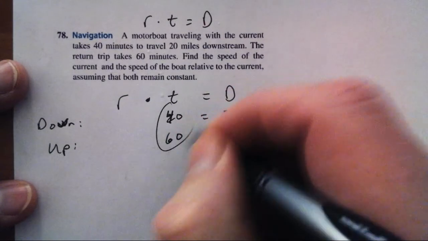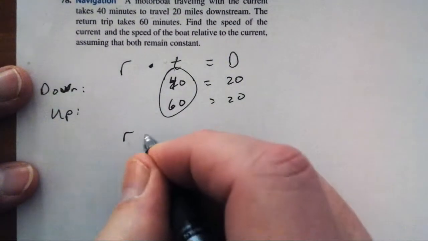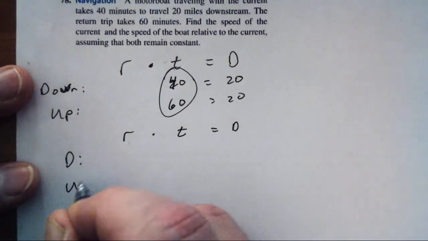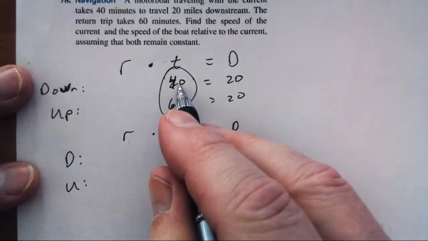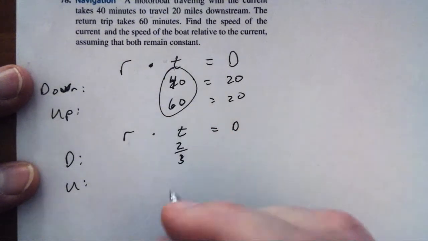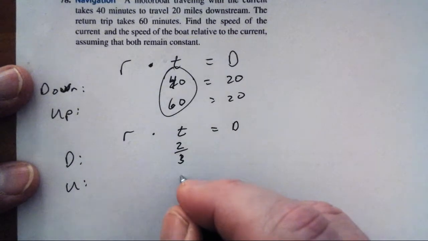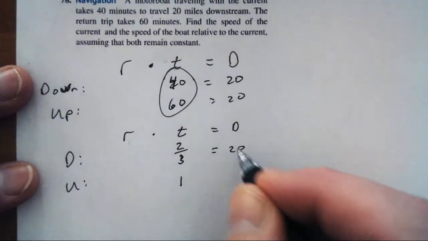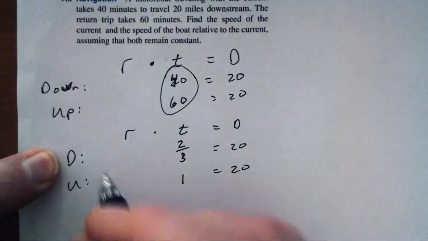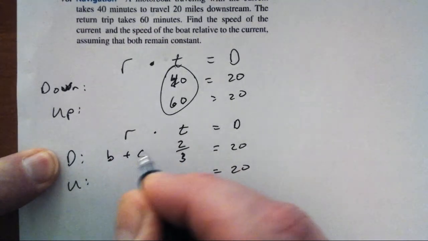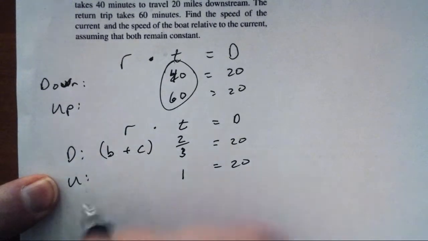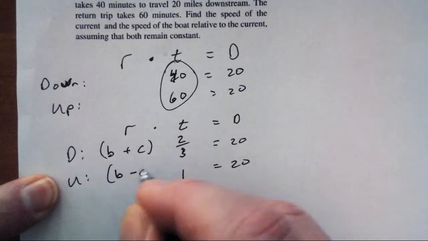Now, the problem with this is I would rather these times be in hours, so I'm going to reproduce this. Here's my down, here's my up. The time is 40 over 60 of an hour, or 2/3, and the time is 60 over 60, just 1 hour. Equals 20, equals 20. So my downstream is going to be faster, so I'm going to call it the boat plus the current. And upstream, the boat's fighting against the current, so it's the boat speed minus the current is our actual